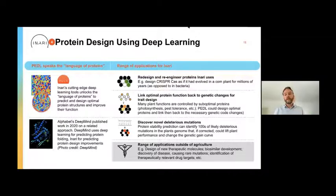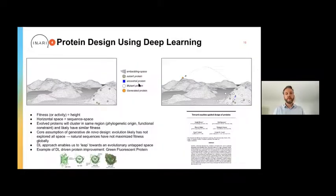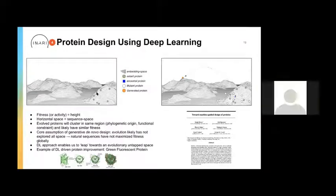But we actually take it a little bit of a step further because we want to be able to develop also optimal forms of proteins, not only of genes, right? I talked about that before. So for me to explain this, I just need to explain the concept here. What you're looking at, on the left-hand panel, is essentially